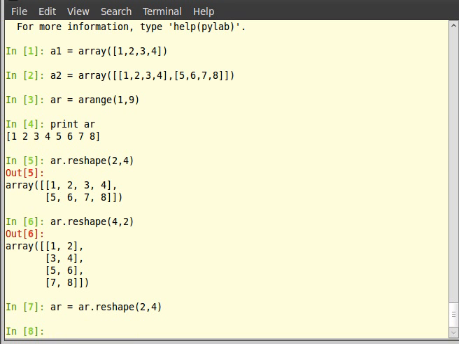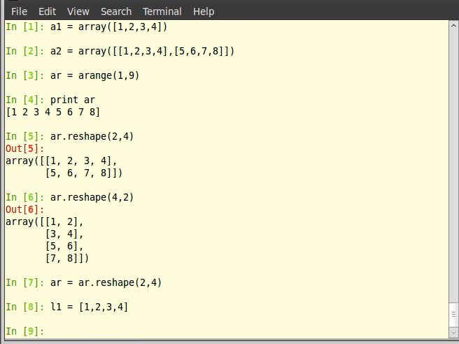So now as you can see, we obtain a one-dimensional array with elements from 1 to 8. Now can we make it a two-dimensional array of order 2 by 4? Yes, we can. For this we will have to use the function reshape. So type ar.reshape within brackets 2 4 and hit enter.